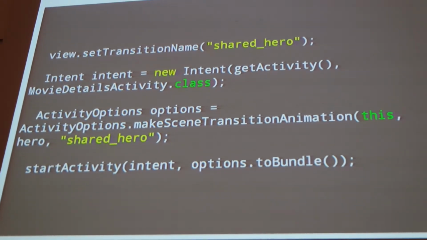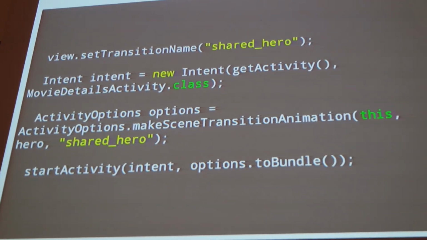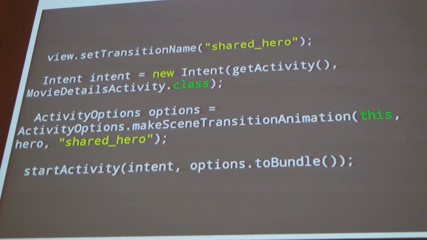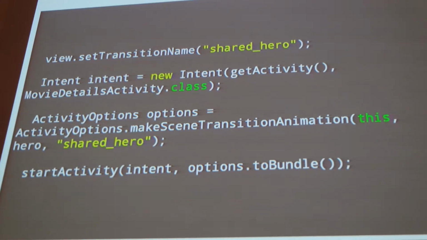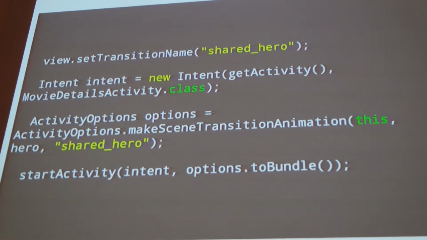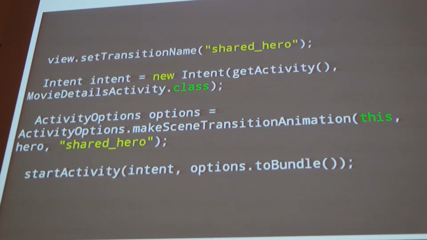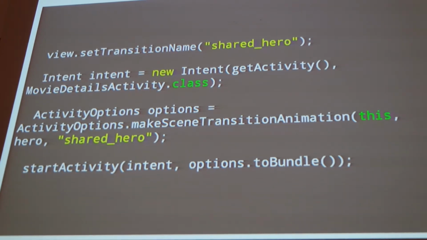Then you create an intent, a normal intent, as always, and your activity options. Then you create make scene transition animation. You set your hero as the shared element in this case, and shared hero is the name. And then I start the transition. But what is awesome with the new activity transition is that you can orchestrate a lot of other animations